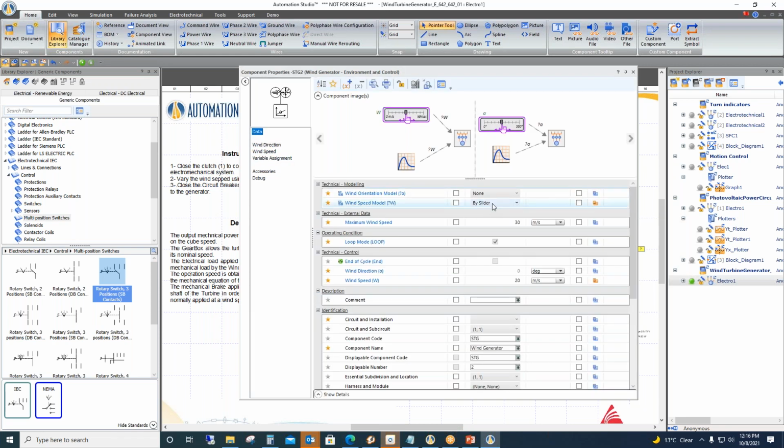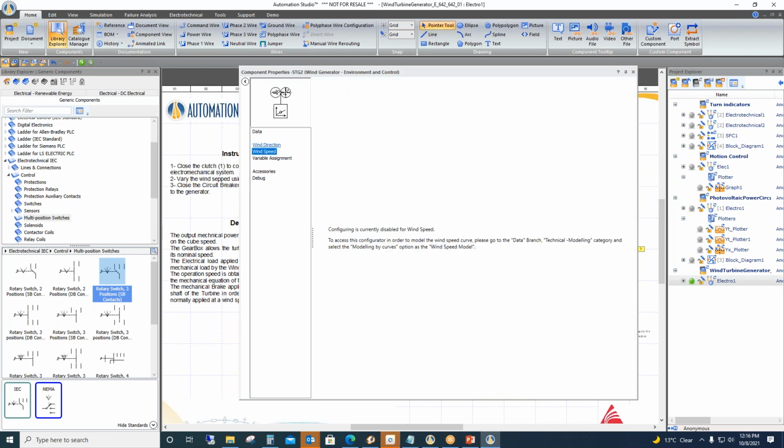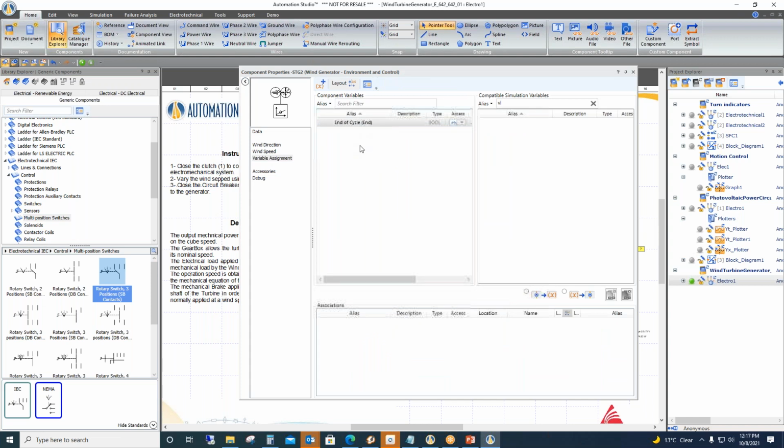If you select the particular mode, then you can select the wind direction here. If you select the speed mode, you will be able to change the speed. Also by variable assignment, you will be able to link the variables of this end cycle of this generator.